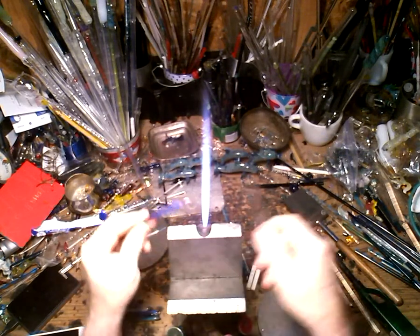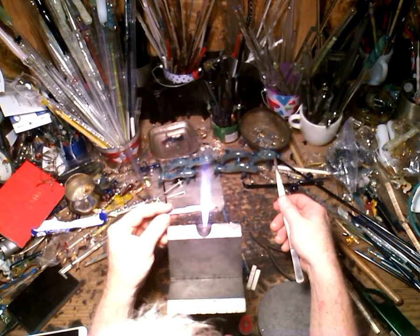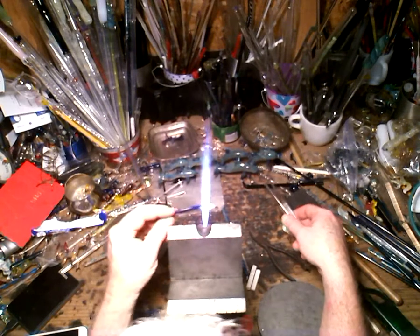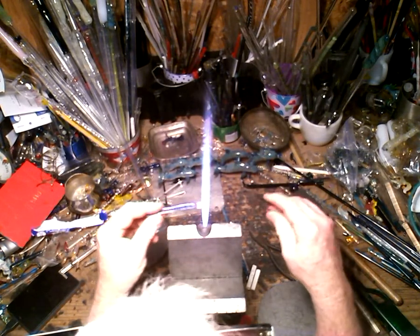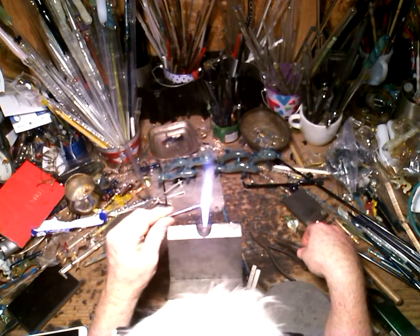Okay, there is the shape of the head of the lizard. It's basically you pinch it and point it like a diamond. Okay,